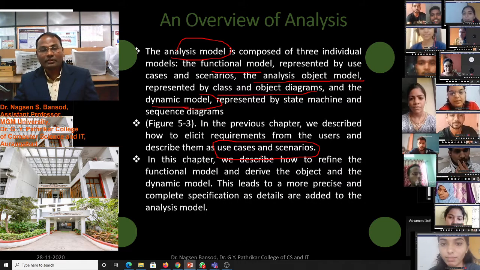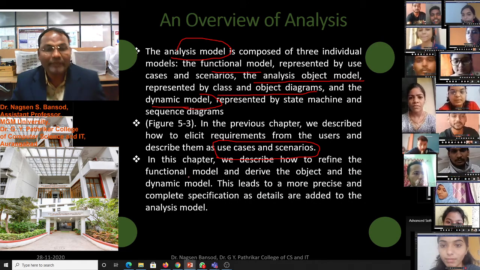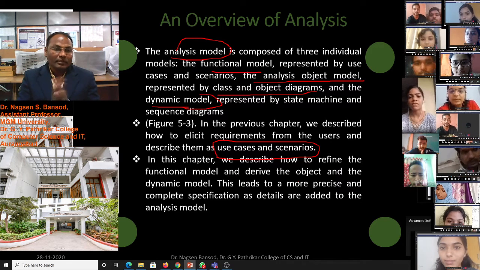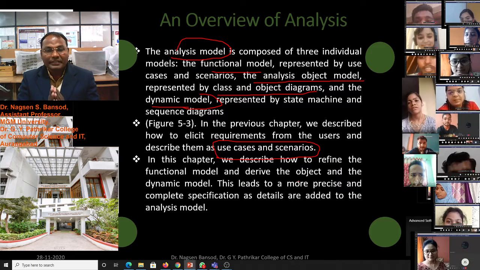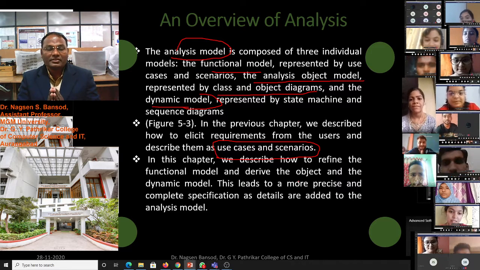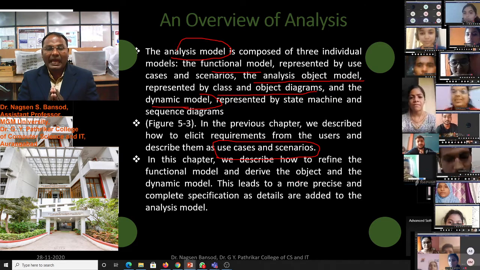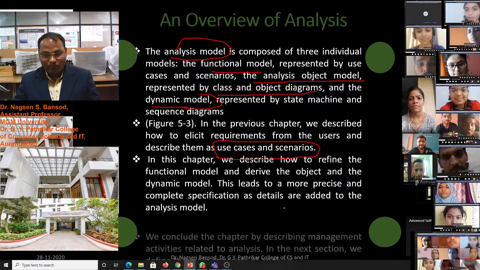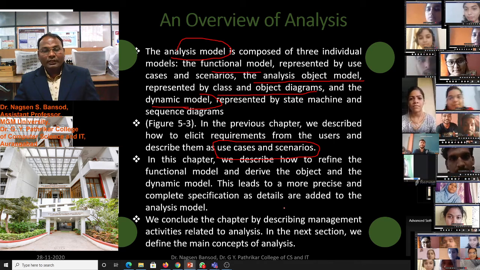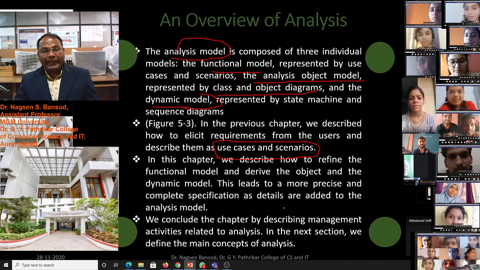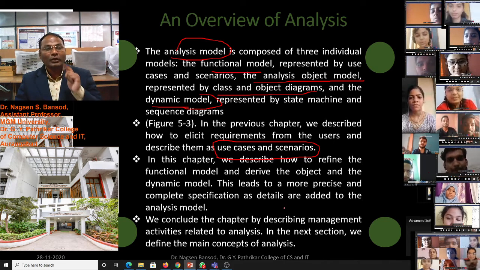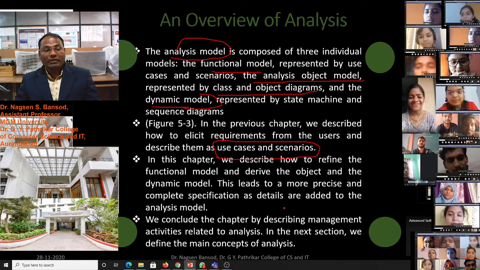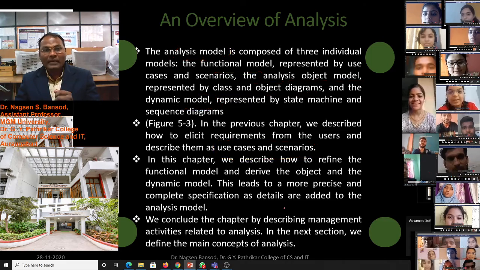In this chapter we will describe how to refine the functional model and derive the object and dynamic models. This leads to a more precise and complete specification, added to the analysis model. We conclude the chapter by describing management activities related to analysis.